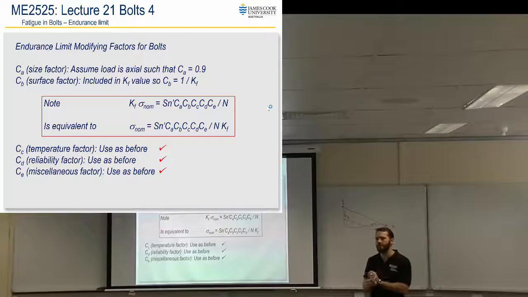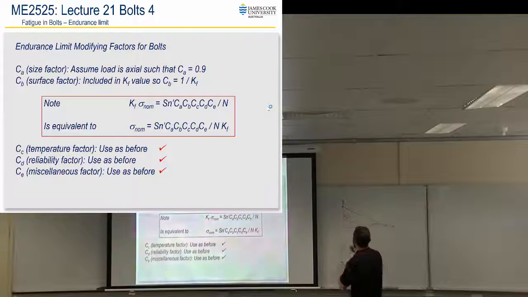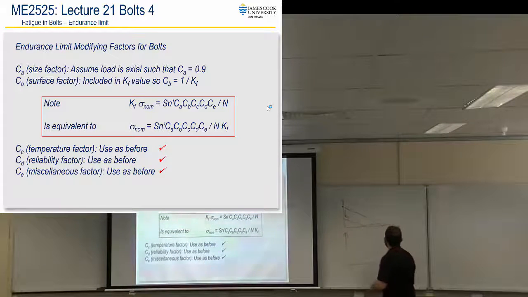And it was a lot easier to apply it to the stress when we have multiple components of stress and different stress concentrations that result. So it's a lot easier to apply KF to the actual stresses for most cases, but because we just have axial load and a single KF value, that's not as convenient for this. What we're actually talking about with bolts is,